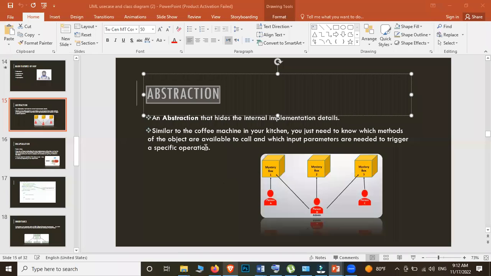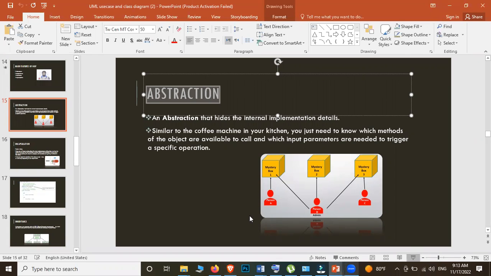Of the program, am I clear? So soon after you click on the needed method or the button, it will give you the result. You will just be calling the method, that's all, but you won't be able to see what is actually happening. They don't show what happens inside this button, what code has been written, how it happens. Do they show everything? No, they won't show you. So that is known as abstraction. Is this clear? Abstraction, is it understood? Abstraction is a feature of object oriented programming.